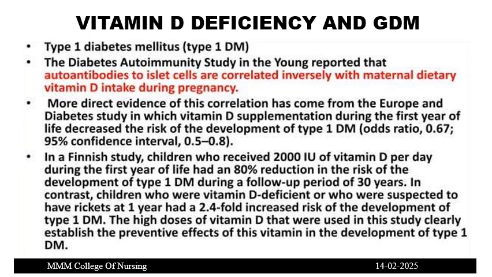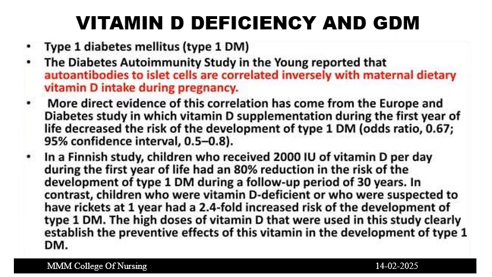Okay, after birth, in the first year of life, the baby is given vitamin D supplementation. It decreases the risk of development of type 1 diabetes mellitus, which is an insulin dependent diabetes mellitus. So if the infant takes vitamin D supplementation for the first year, it causes a decreased risk of development of type 1 DM. In a Finnish study, the children who received 2,000 international units of vitamin D per day during the first